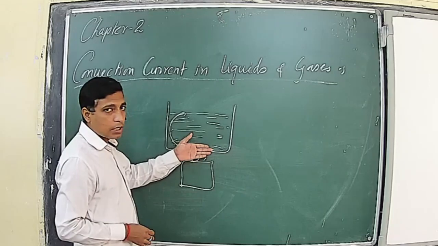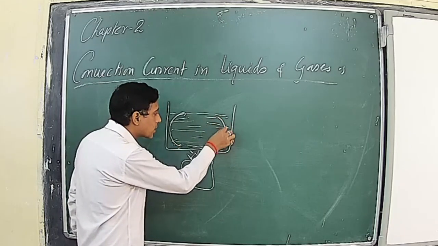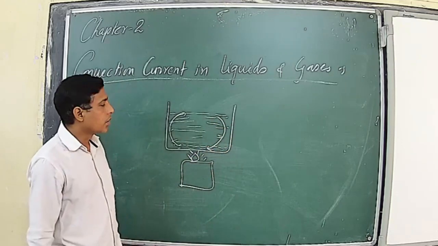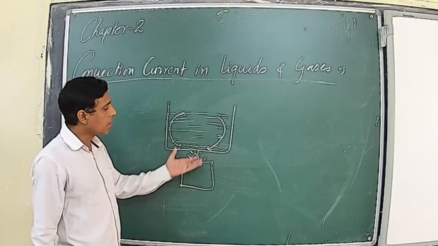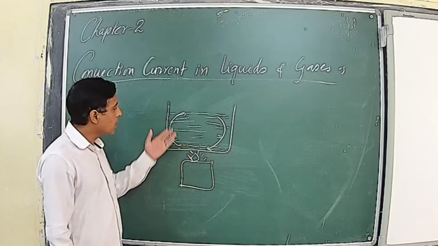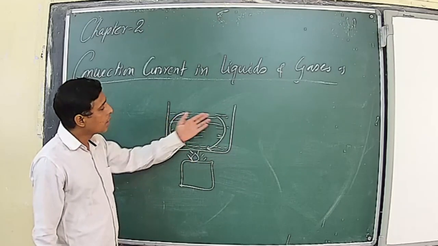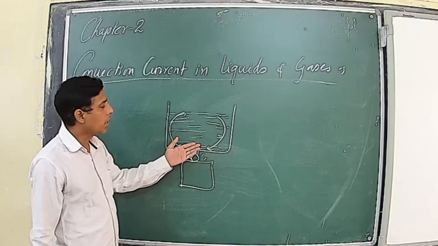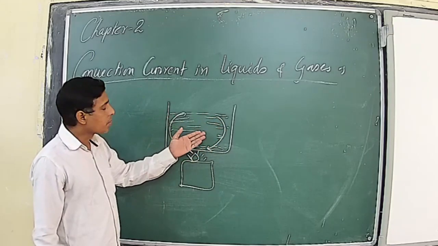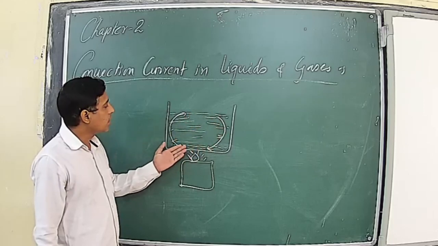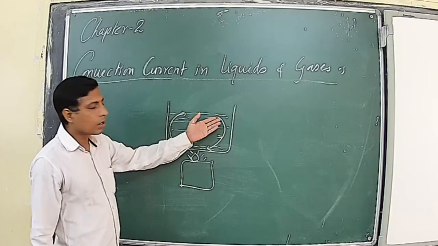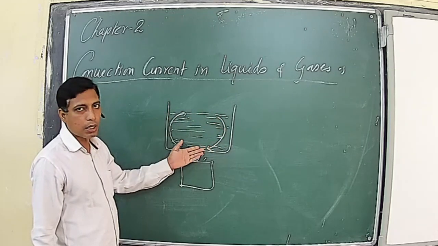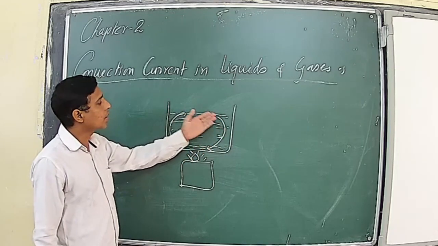a vacuum or space here which is filled by the next layer of denser liquid. Then again this liquid will absorb the heat energy, become lighter, and rise in the upward direction, and again the space created will be occupied by the next layer of denser liquid. As a result, we will observe the formation of a current taking place due to the movement of hot liquid and cold liquid, or you can say the lighter and the heavier liquid. So this is the formation of convectional current.